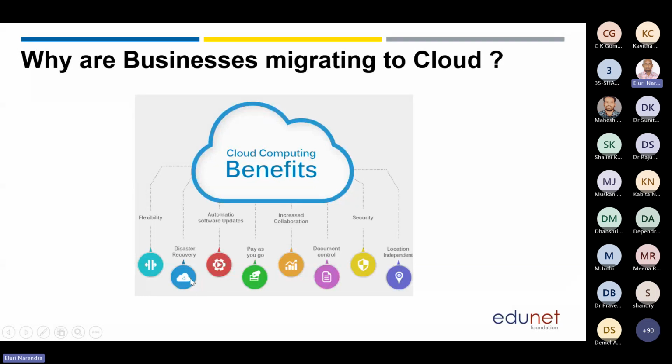The next one is disaster recovery. In case of natural calamities or man-made calamities, if your resources are not giving you the service, automatically one DNS algorithm runs behind all the services. This DNS algorithm is checking the health condition of all the services. If the health condition is not good,